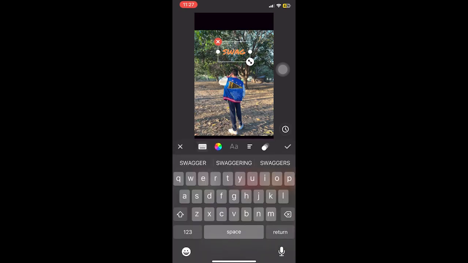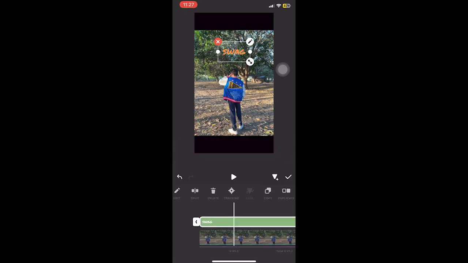So once you're done, you can export it by tapping the icon which is located at the top right corner here,